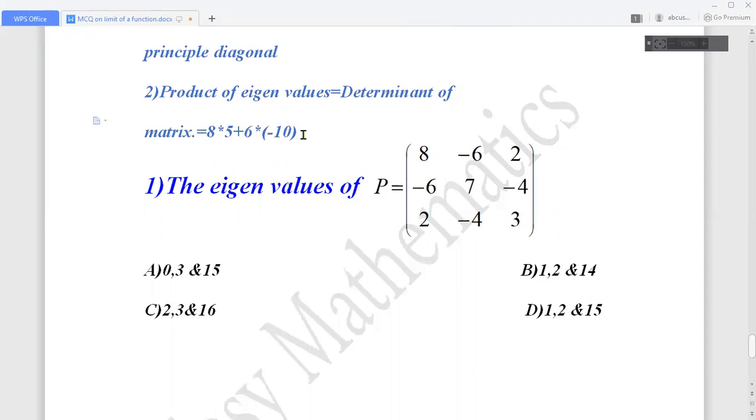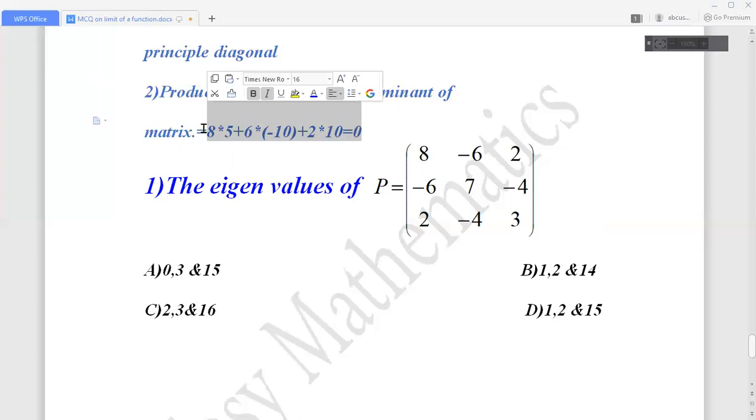And we take the positive sign for this 2 times, and let's calculate the minor for this 2. The minor of this 2 is 6 times 4, 24, minus 14, just 10. If we calculate this value, it will be 20 plus 40, 60, and this will be just 0. Here we have calculated the determinant of this matrix P as 0.